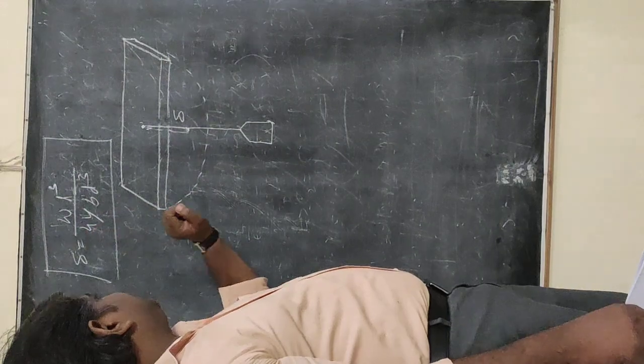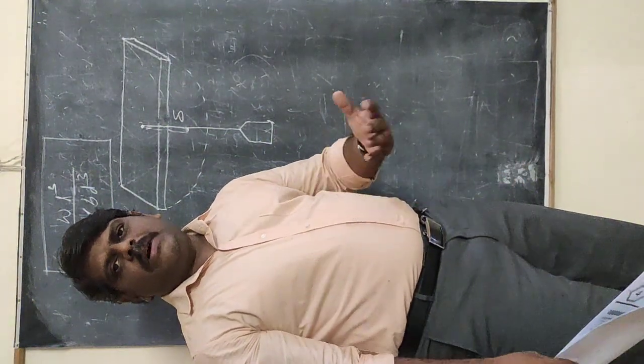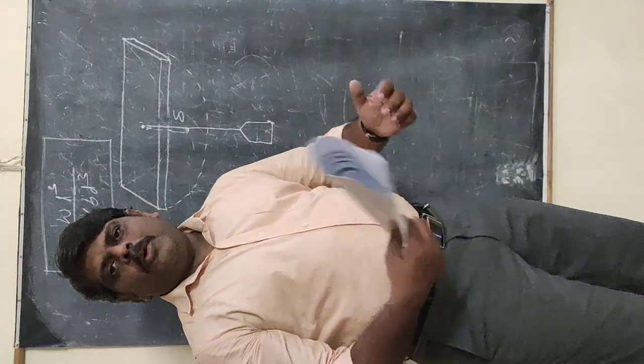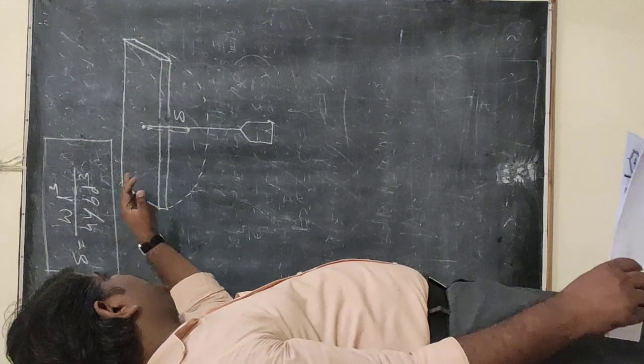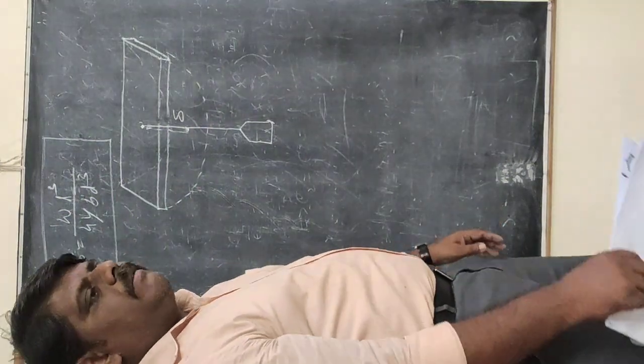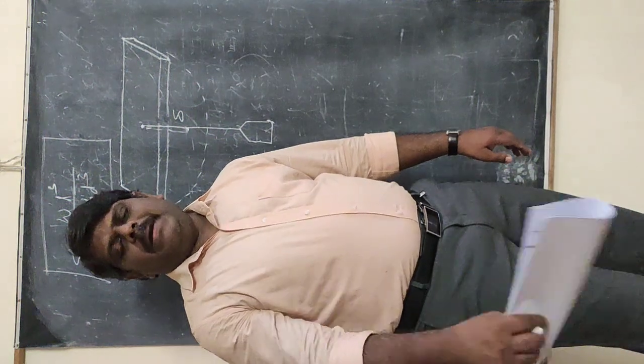This formula will clearly explain that if the Young's modulus is more, the depression is less. That means the Young's modulus explains the stability. More Young's modulus means more stability will take place. So that's why if Young's modulus is more, depression is also less. That's why while they are going to construct the pillars, especially in the construction of the buildings itself.